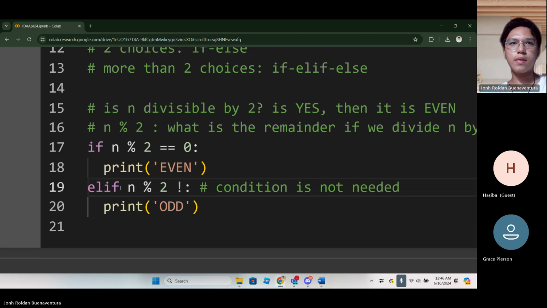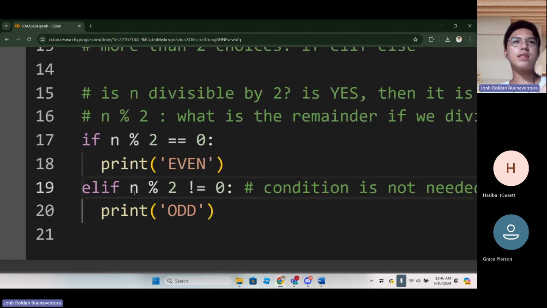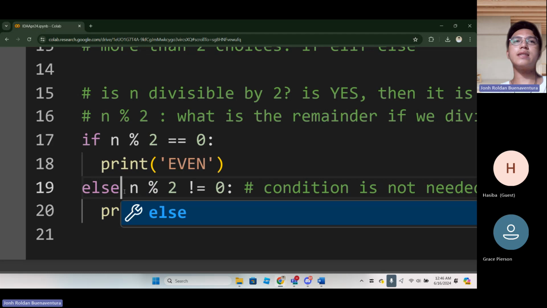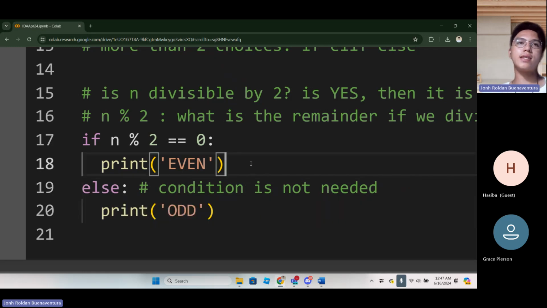This way, we are specifying that if the remainder of the number divided by 2 is not equal to 0, do this. But that is the same thing that else can do in this case, because there are only 2 choices.